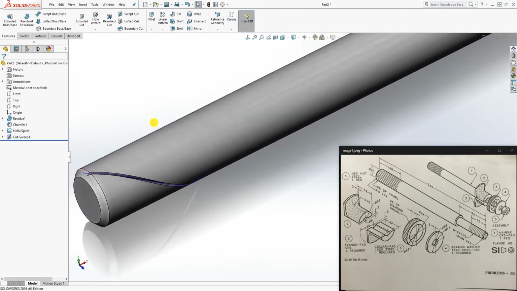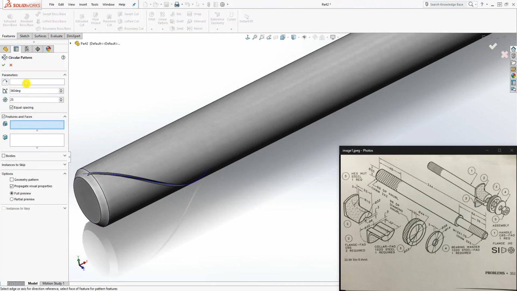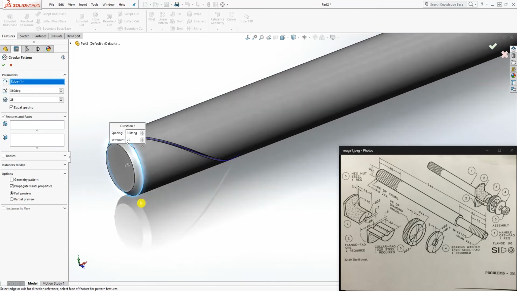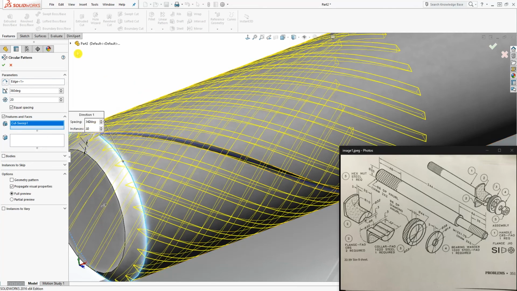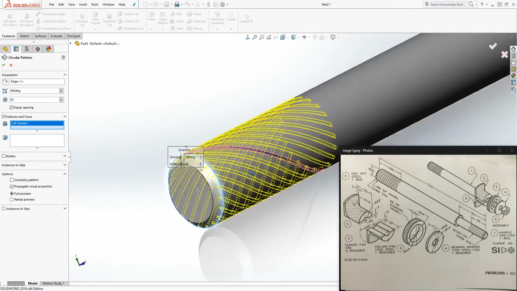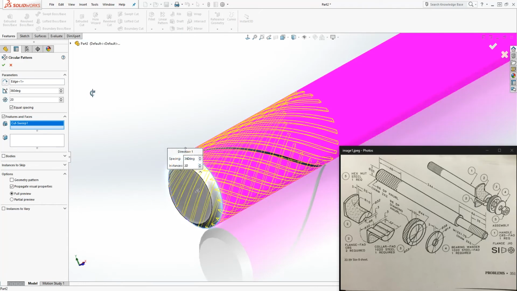And once we have that, now we want to circular pattern it. So come down, circular pattern on this top, reverse direction, click this edge, any circular edge, you can click this one, it doesn't matter. And the number of patterns we are going to do for this one is 20. And the feature we are going to pattern, you can click this feature over here and it's going to select it, or you can click it from this drop down. So once you select it, you should see that preview and click OK,